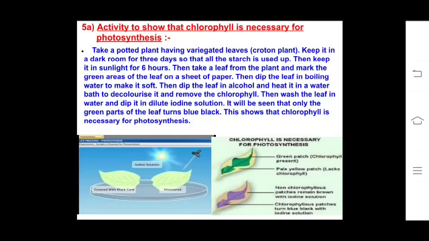How to do the starch test? First of all, the leaf. अभी जो लीफ प्लांट को बाहर रखा गया 6 घंटे के लिए, उसमें से एक लीफ निकालना है और you have to take the leaf and put it in boiling water. You have to keep that in boiling water to make it soft. Then the leaf has to be taken and it has to be dipped in alcohol and in a water bath. Not directly alcohol, but in a water bath. Dip the leaf in boiling water for a few minutes.